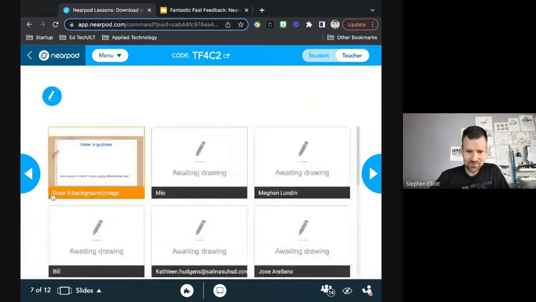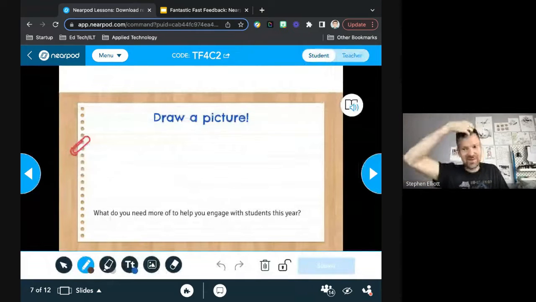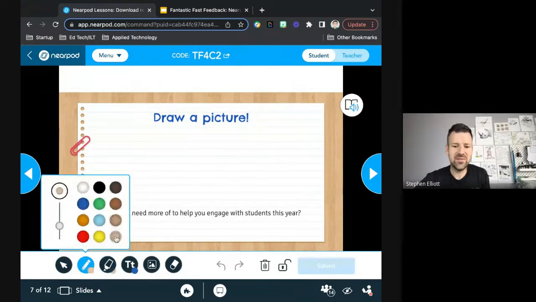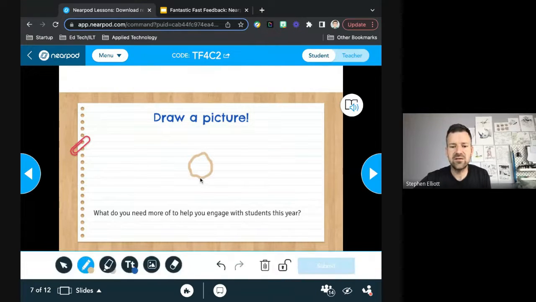All right, so this is called a draw it. And it's good to keep these simple because students will use their trackpad to draw a picture. So what do you need more of to help you engage with students this year? Let me start by doing a little demonstration. I can choose different colors of the marker. I can make it larger or smaller. What I need this year is a good attitude. So I'm going to draw me